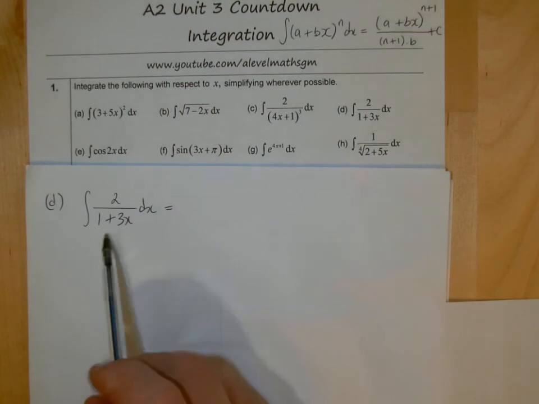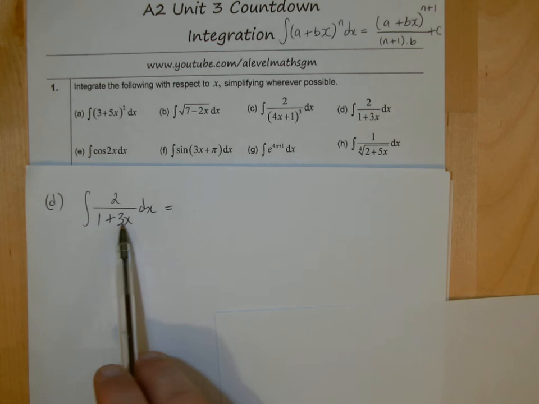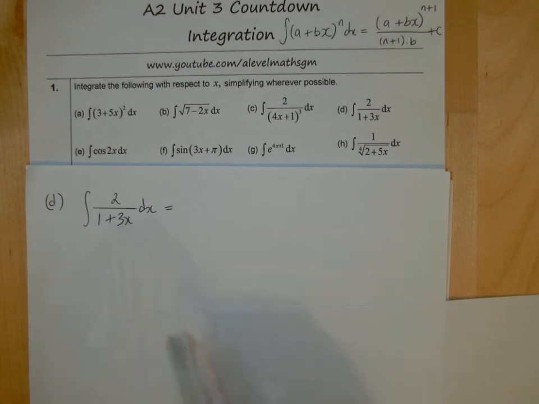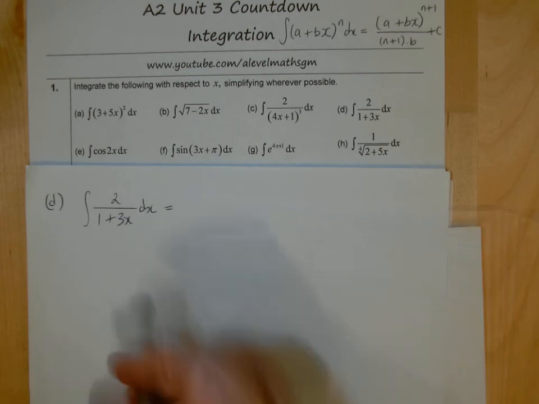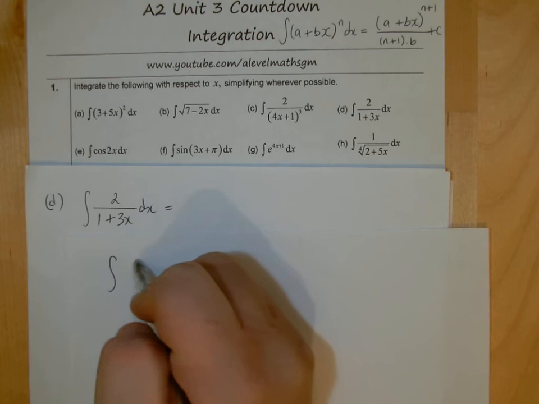Okay, so with D, you might think that we're going to just use this rule again, because we've got a linear bracket here, and you might just think, well, if we take it up, we can apply the same rule. However, we have a problem if we do that, because let me just show you. If I have this here,